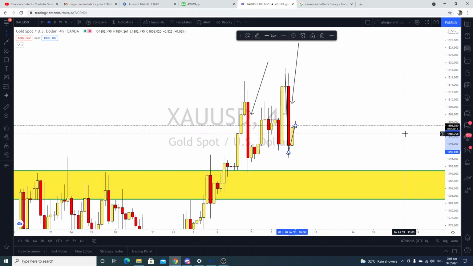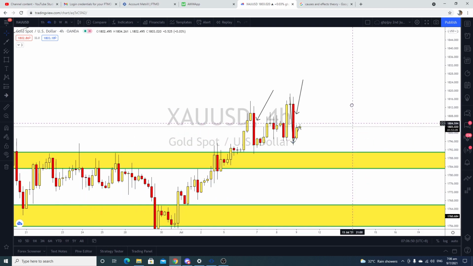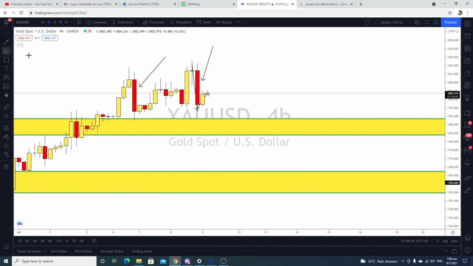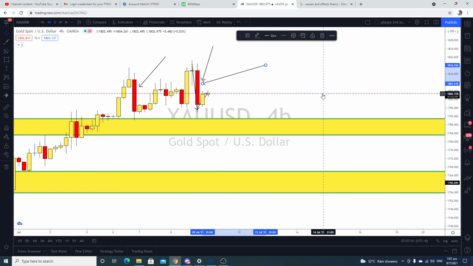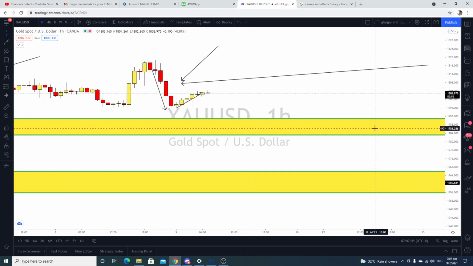So always make your judgment call from there. Remember, you will all see what the up structure is. What is the structure that you see now in the 4 hour? It's an up structure. Don't look at candles. If you look at candles and say that is a downtrend, and price is going to go down to 1790, 1780, your H1 must show that it's a downtrend as well.